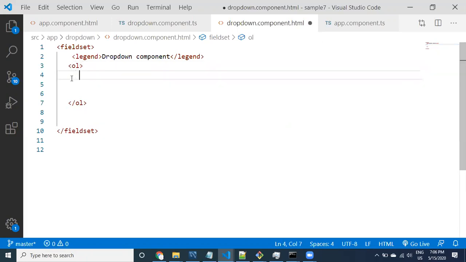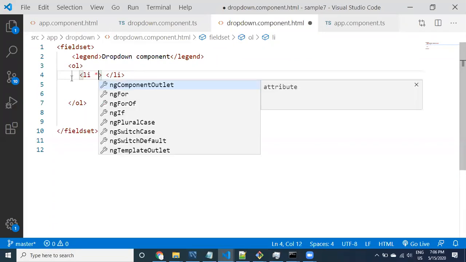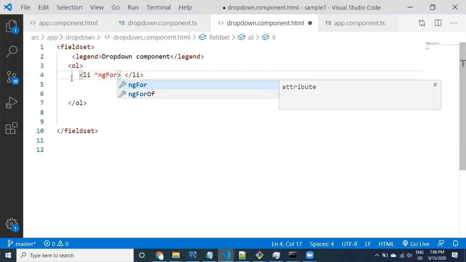Now what I can do is, you can take a list item. Instead of displaying drop down, I want to display a list of items. To display a list of items, of course you can say ngFor equal to let a of, what are the properties?